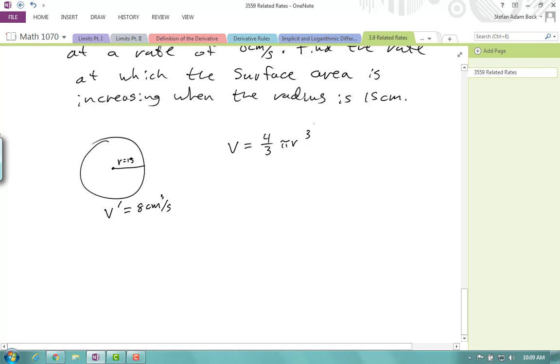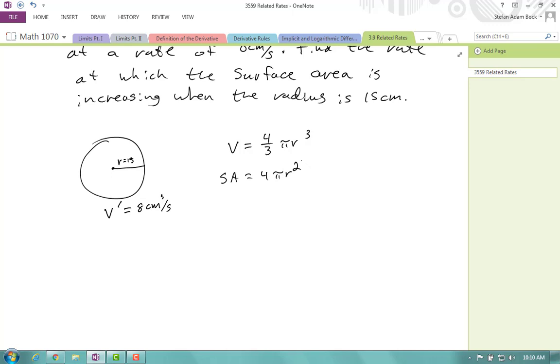But the surface area is 4π r squared. So what I'm actually going to do in this case is take the derivatives of both of them, because I have information about the rate of change of the volume, I want information about the rate of change of the surface area, and both of them are going to depend on the rate of change of the